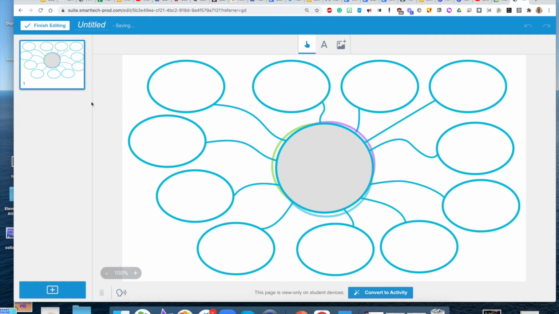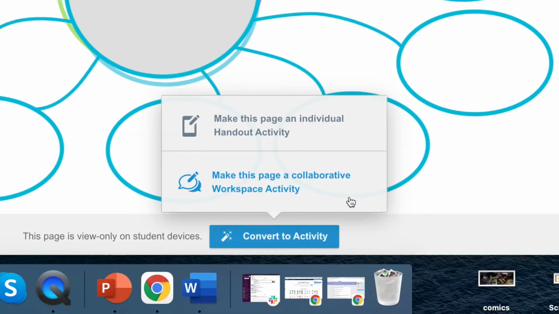Okay, so we've uploaded our graphic organizer to Smart Learning Suite Online. And again, you could do this with a PDF or a Google slideshow, but for the sake of this demonstration, we just went with a graphic organizer. And at the bottom of this slide, we have the Convert to Activity button. And if we want to make this a collaborative page, we'll click the Make This Page a Collaborative Workspace Activity